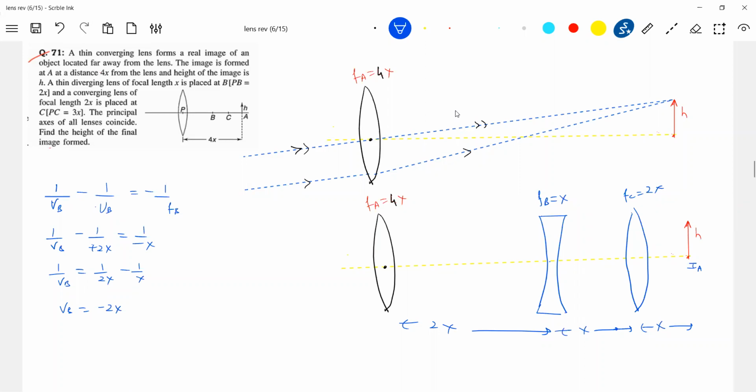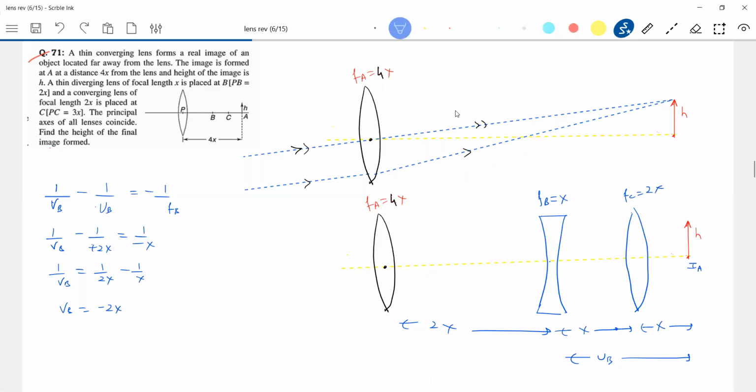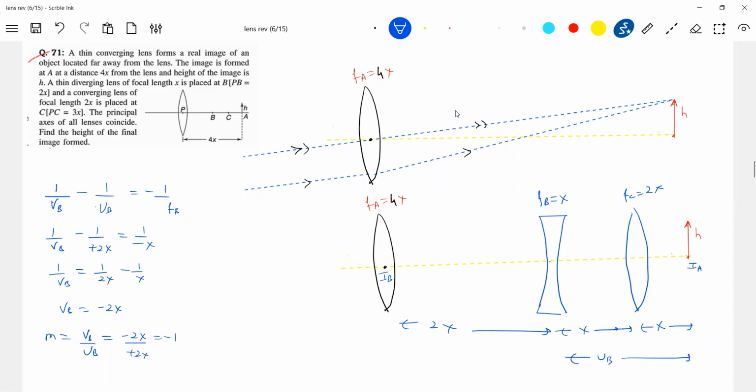This IA will become the object. So shall we write this as UB? So it will form exactly at the position IB, where IB will be here. This will be the location. VB by UB, VB is minus 2x, UB is plus 2x, which is minus 1. So that will be inverted. So no magnification. The image formed will be...